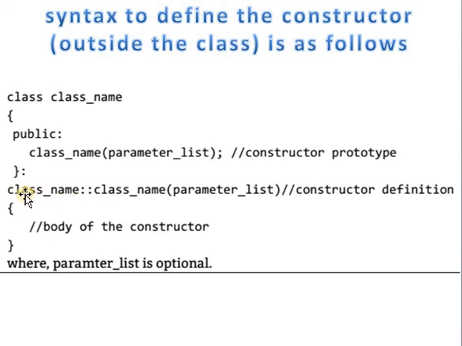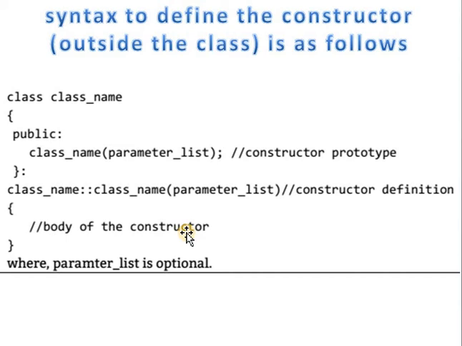How do we define, how do we access that constructor outside the class? First, you want to specify the class name. After the class name, you want to specify the scope resolution operator. By using the scope resolution operator, we can call the constructor outside of the class. And then next, in curly braces, you want to write the body for the constructor, meaning the execution of the constructor. These are the ways to define the constructor inside the class and outside the class.